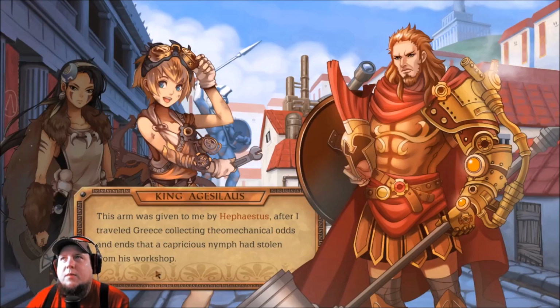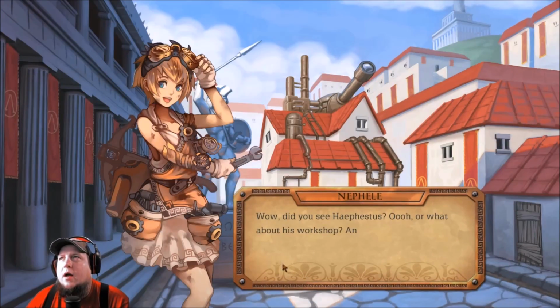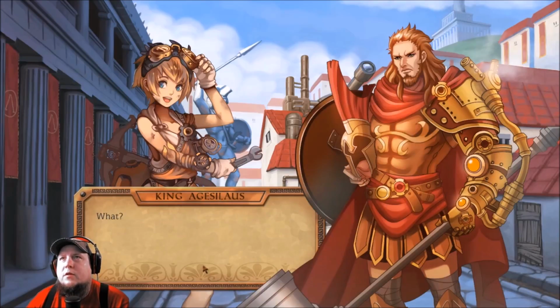This arm was given to me by Hephaestus, after I traveled Greece collecting the theomechanical odds and ends that a capricious nymph had stolen from his workshop. Wow. How did you see Hephaestus? Or what about his workshop? Oh, and what did the theomechanical bits look like? It's a grand tale. It all started when my king, news from the front,